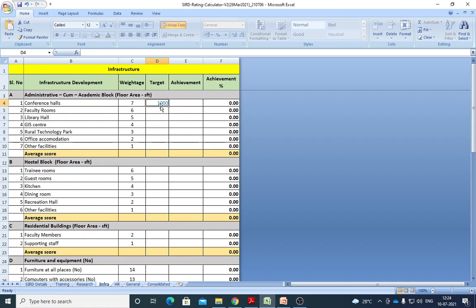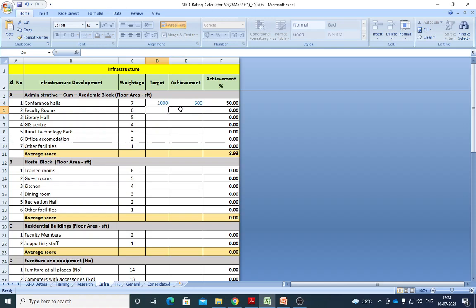Please make sure how much of that sanctioned facility is constructed. If it is 50%, you put 50%, meaning 500 square feet. If you planned 3 floors and only 1 floor is completed, you take 50%, that means 500 square feet completed. You are getting my point.